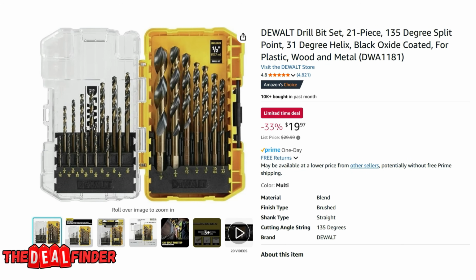And now from DeWalt, we have their drill bit set. These are 21 pieces in total. These are great for plastic, wood, and metal. Also a limited time deal. When these go on sale, that's the time when I pick them up. I'm always losing drill bits left and right. This is a great price at